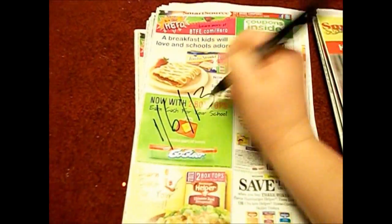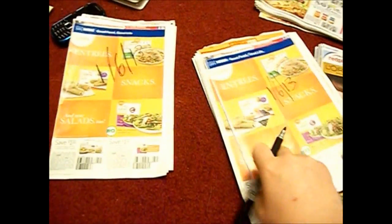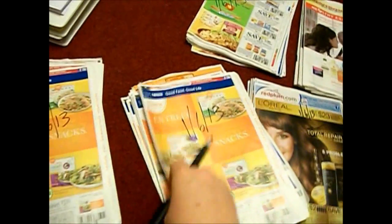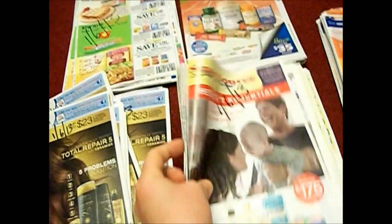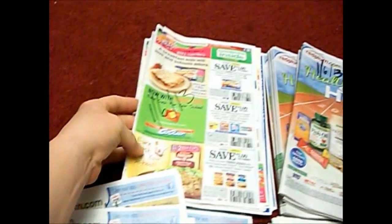So moving on to step 2, once they're all marked January 6th, once those are all done, okay, there you go. All January 6th on each insert that you get, and they're all separated into individual piles. So the next step, what you're going to want to do is